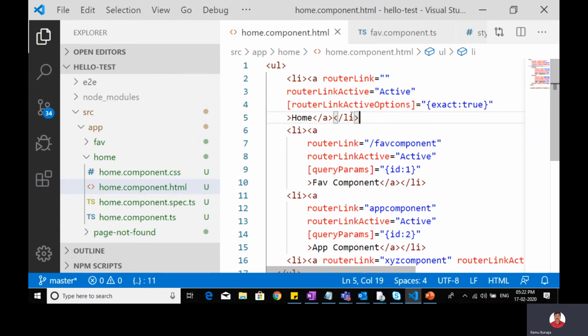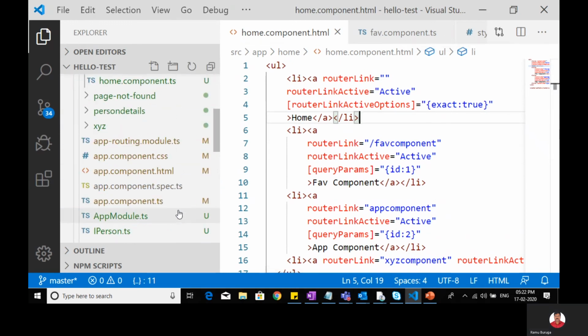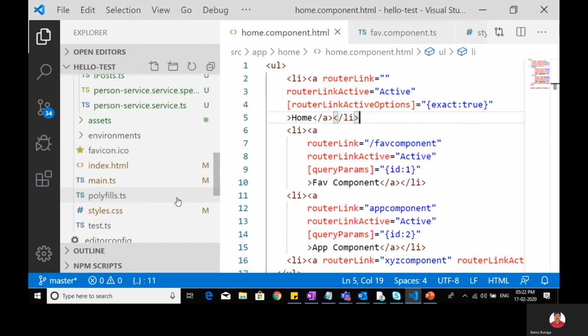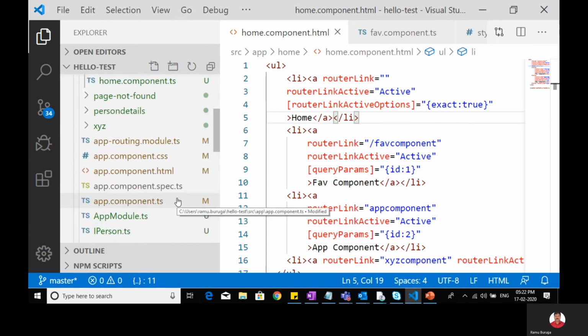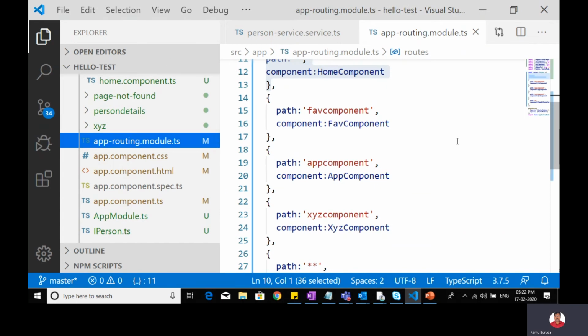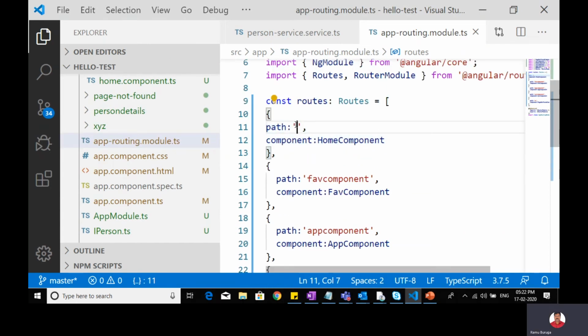Here I did not give any name. For example, if I come here, you see, for this I did not give any alias name, because I want to make it the default link highlighted when my home page is opened.